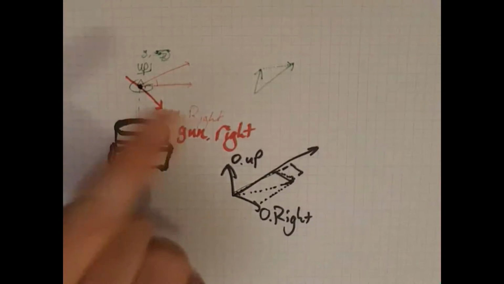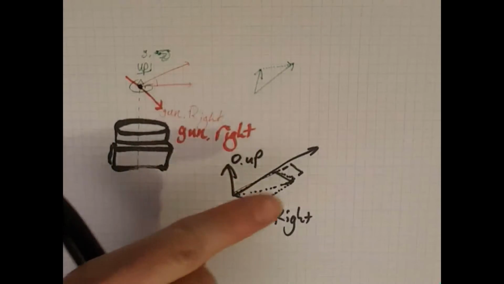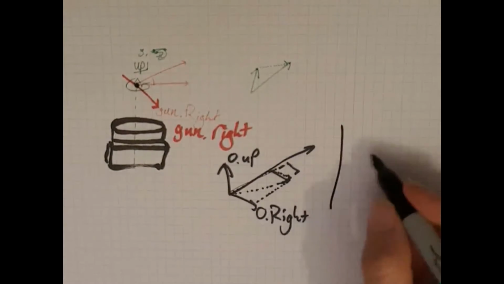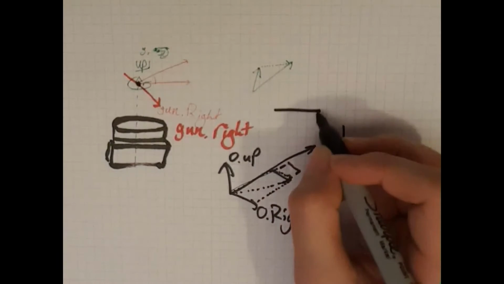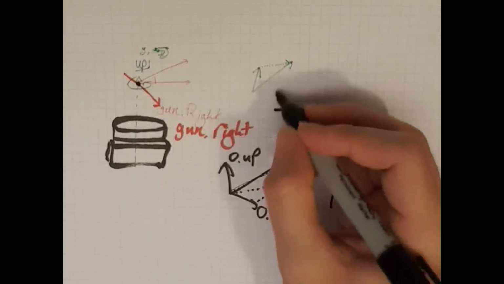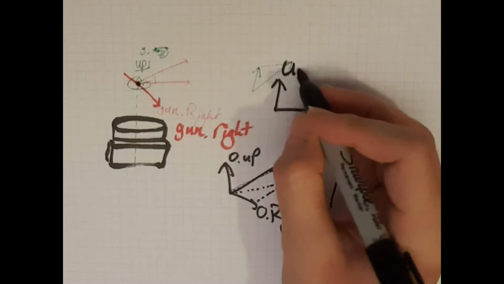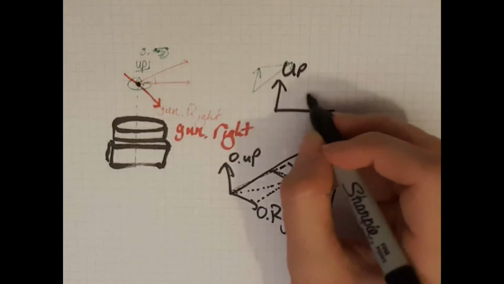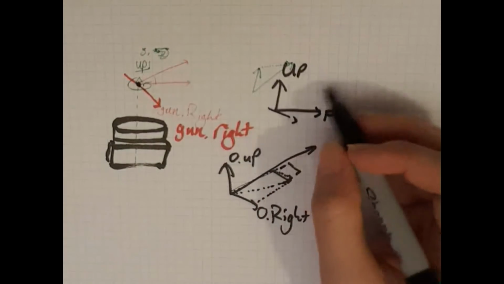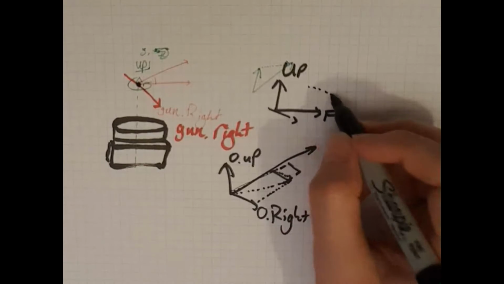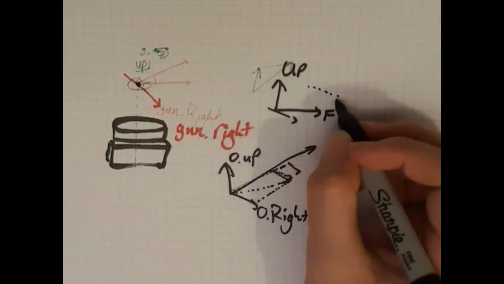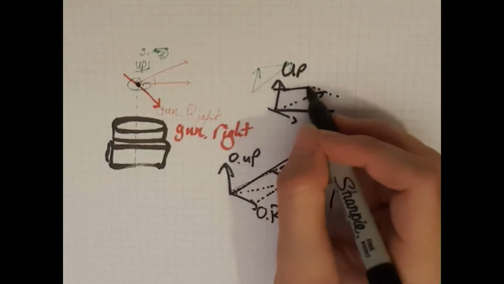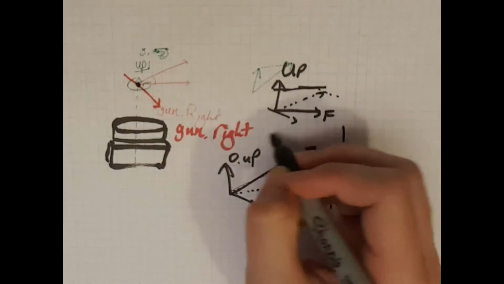Basically that'll be how much we need to yaw in order to account for this difference. And then for the pitch, it's the same thing. So I'll do F and up. Say your target. It doesn't matter, this axis is almost completely irrelevant. The only thing that matters is the target. How far removed is it from our